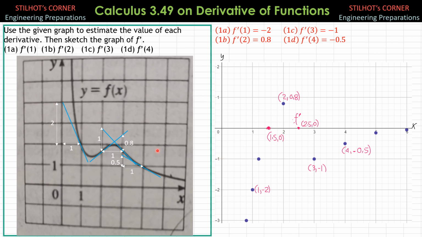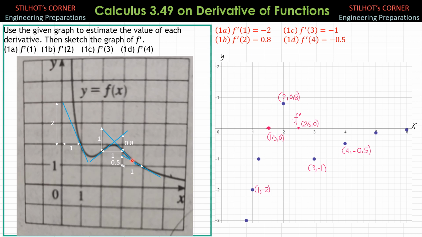Then this is the half, 1.5. So when x is 1.5, this is the lowest point. So that's why the tangent is horizontal, the slope is 0. So it should pass through that point. When x is 2, the slope is 0.8. So that's why we have 2. When x is 2 comma 0.8, then in between, somewhere here,